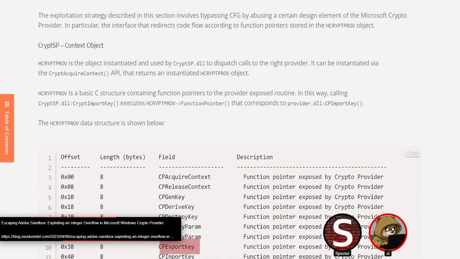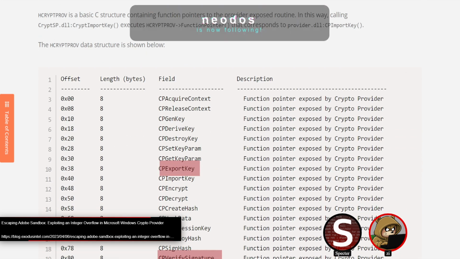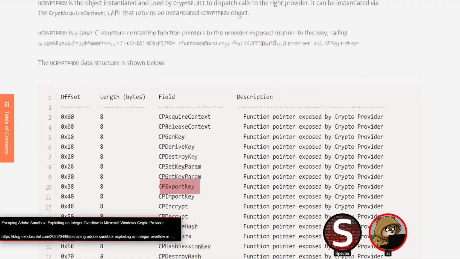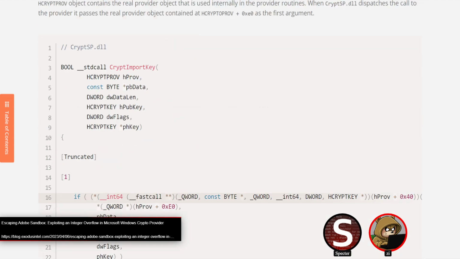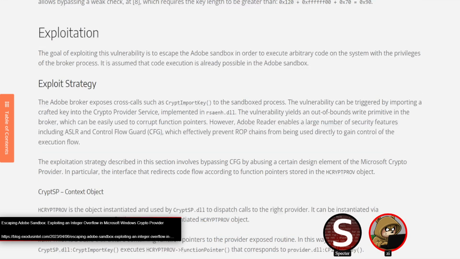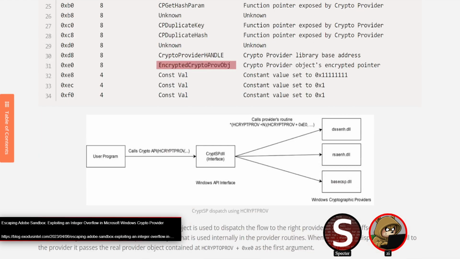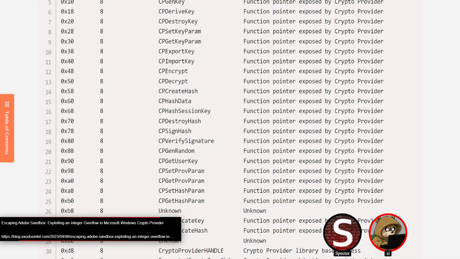So basically what they did with their overflows, you can ultimately get through some of this data and actually corrupt one of these. But even if you corrupt one, you still need a way of knowing, hey, which object did I corrupt? I guess I kind of missed the fact they are doing some heap spraying here, having multiple objects, then you need to figure out which one was corrupted using the heap spray, so you kind of have multiple chances going on there. And what they do with that is they basically just target the gen random function pointer,